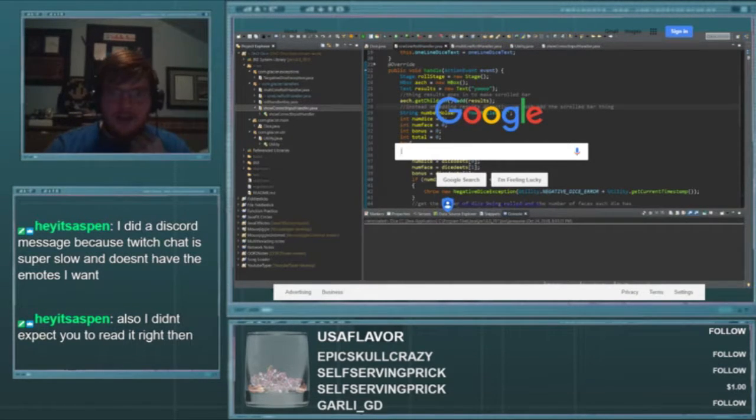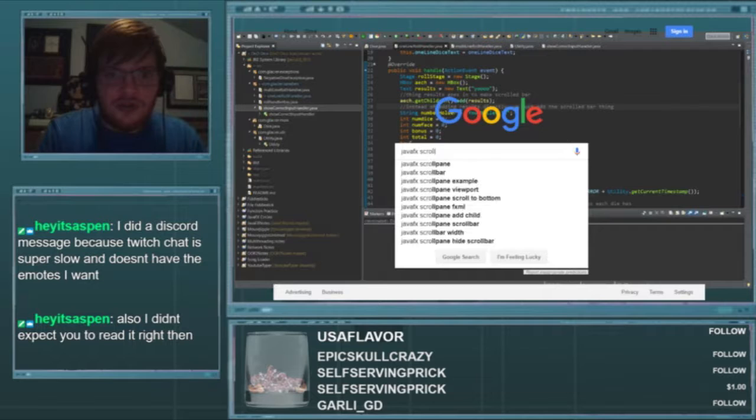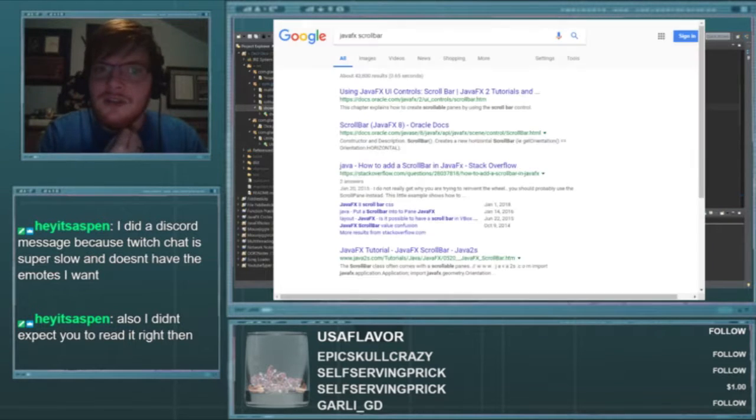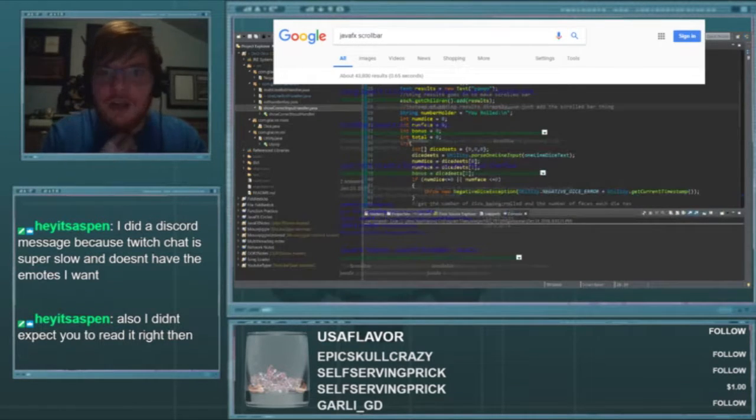So we'll interact, and immediately we're going to get off this blank, weird void of a page. And we're going to say JavaFX scroll bar. You might be my girl,